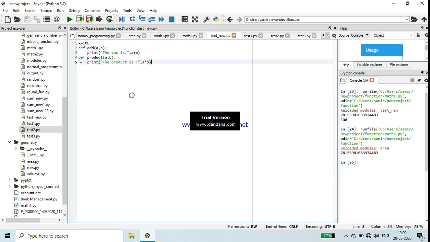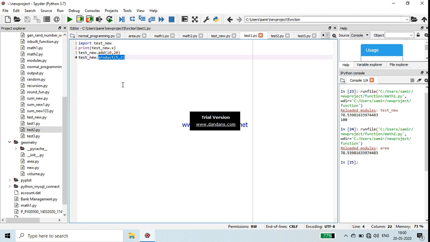Then in test1.py I will import that: import test new, then test new.x. It will print the value of x, that was 100, x is equal to 100. Then test new.add, the add function will be called, then the product function will be called. It is a normal module and we are importing that module and the functions in it.